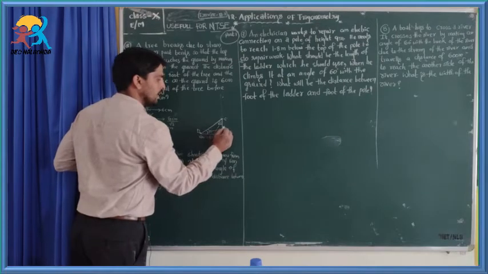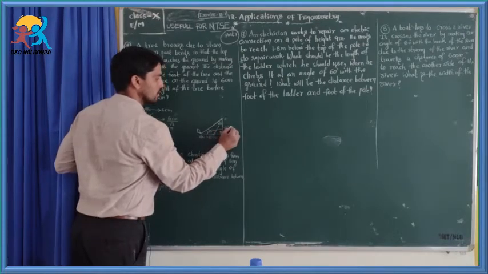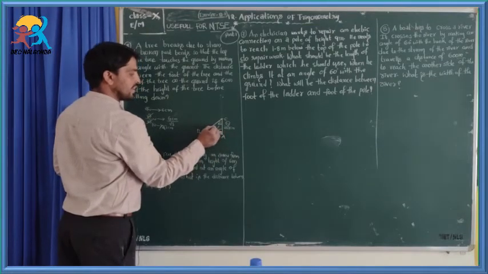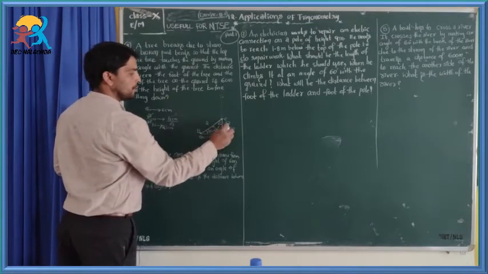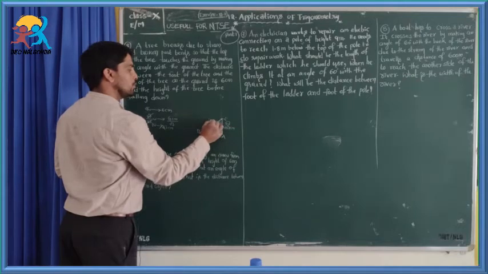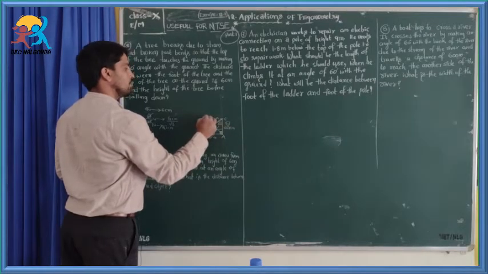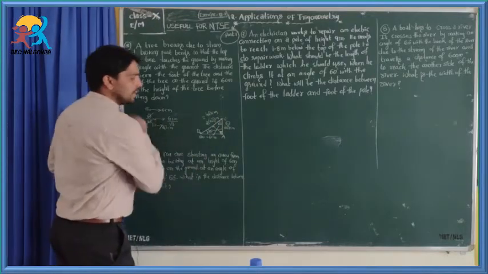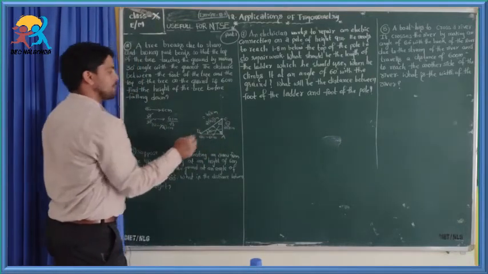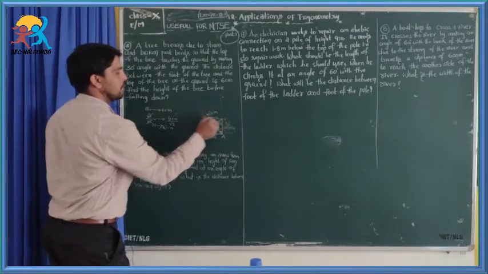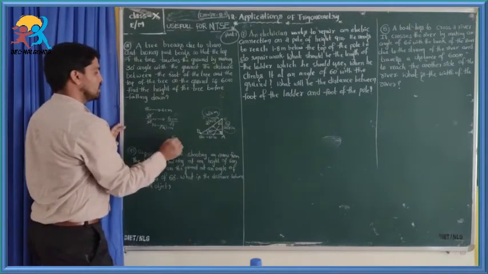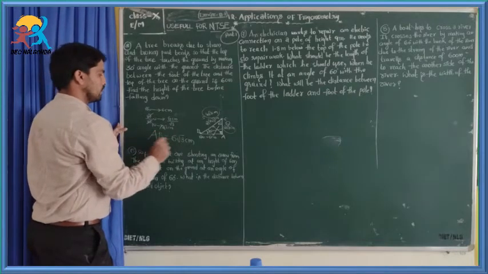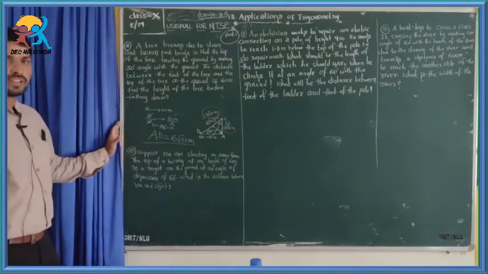So, opposite to 30 degrees is 2 root 3 centimeter. This is 1 unit value. But opposite to 90 degrees is 2 units. 1 unit is 2 root 3. Then 2 units is 2 into 2 root 3 centimeters, which is 4 root 3 centimeter. But before falling down, height of the tree is AC plus CB. 2 root 3 plus 4 root 3, that is 6 root 3 is the height of the tree AB originally. Okay, is it clear?